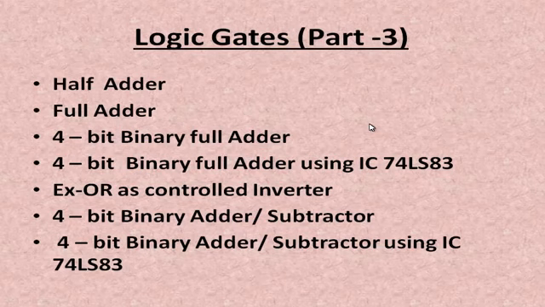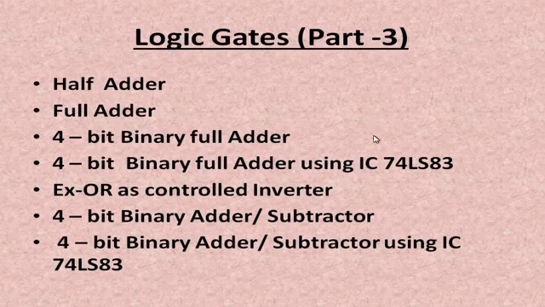Now let us start from the first topic, half adder. This half adder adds 2 binary digits. It cannot add more than 2 binary digits. So there is a modification in the hardware of the half adder. The next topic is full adder. This full adder performs 3-bit binary addition. If we need more than 3-bit binary addition, it is not possible with the help of this full adder. Again there is a modification in the full adder.